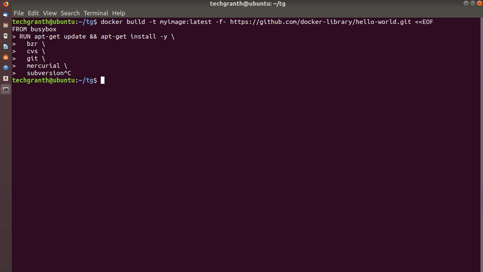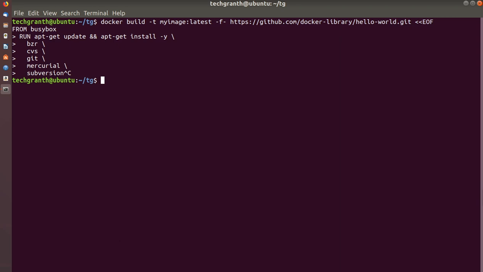Then we can minimize the number of layers. As I mentioned earlier, only the instructions like RUN, COPY or ADD will create read-only layers. Other instructions create temporary intermediate images and do not increase the size of the build. Only the RUN, COPY and ADD instructions will increase the size of our build.